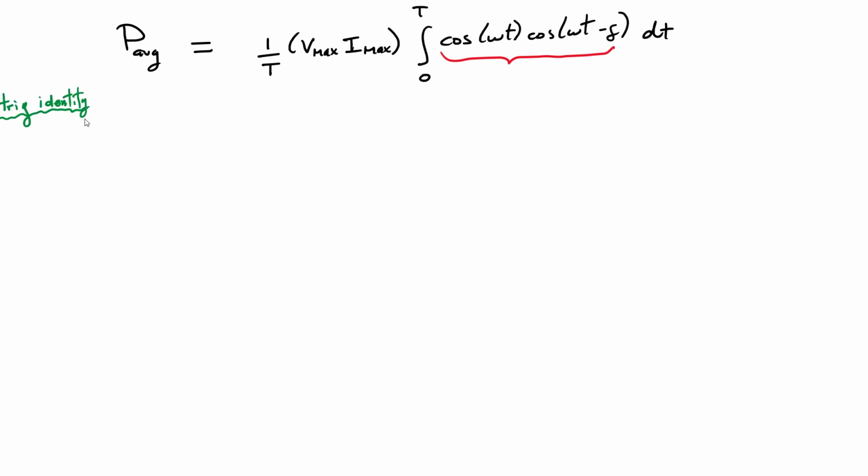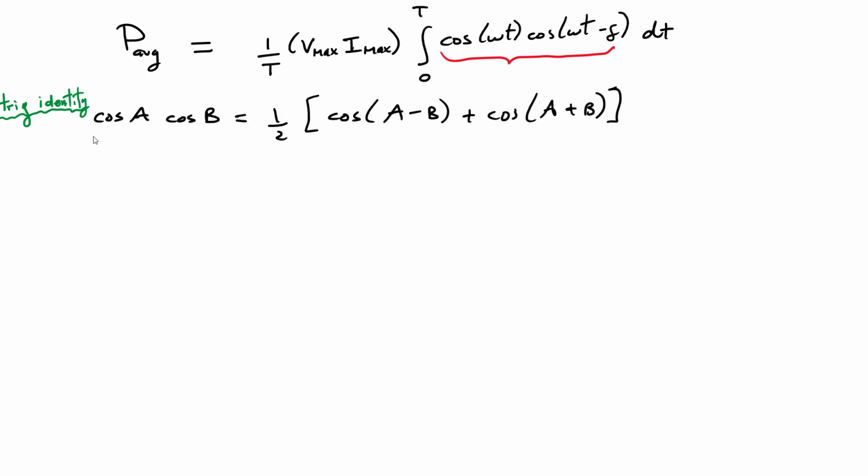And in order to do that, I'm just going to use a trigonometric identity, and one of them involves two angles like this. If I multiply cosine of some angle A multiplied by cosine of the angle B, I can write that in terms of the summation of two terms. And one of them involves the difference between those two angles, and one of them is the sum of the